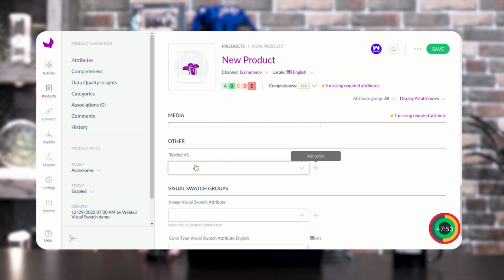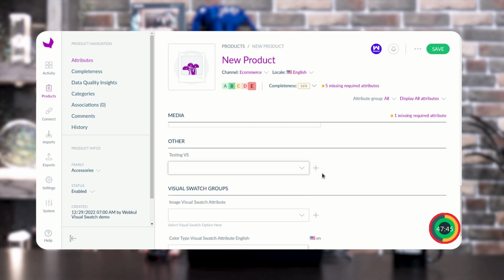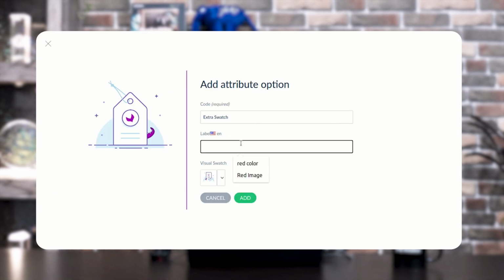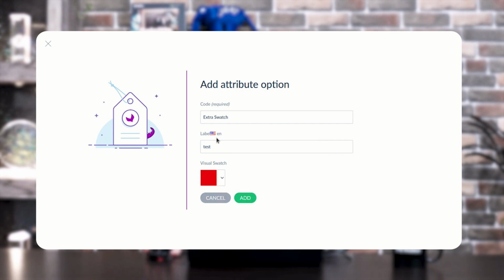Like, as I have created two visual switches options, now I want to add one more over here. So I just need to tap over that plus sign, and here after selecting the required information, I just need to tap over the add option button.